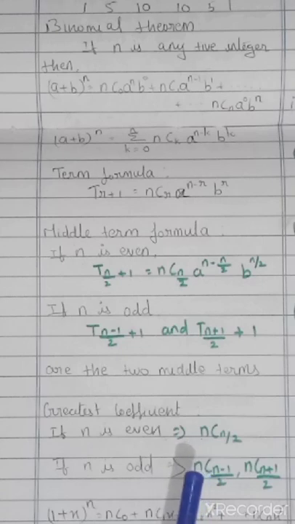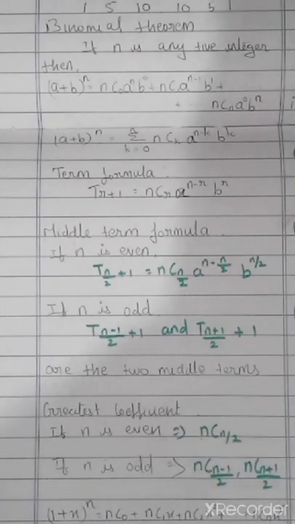In exercise 5.1, we started with how to expand the given expression using the binomial formula. Next, finding the middle term, finding the constant term, and finding the coefficient of something. All those things we have seen in the last class. Today we are going to continue exercise 5.1. So take your classwork notebook and be ready.